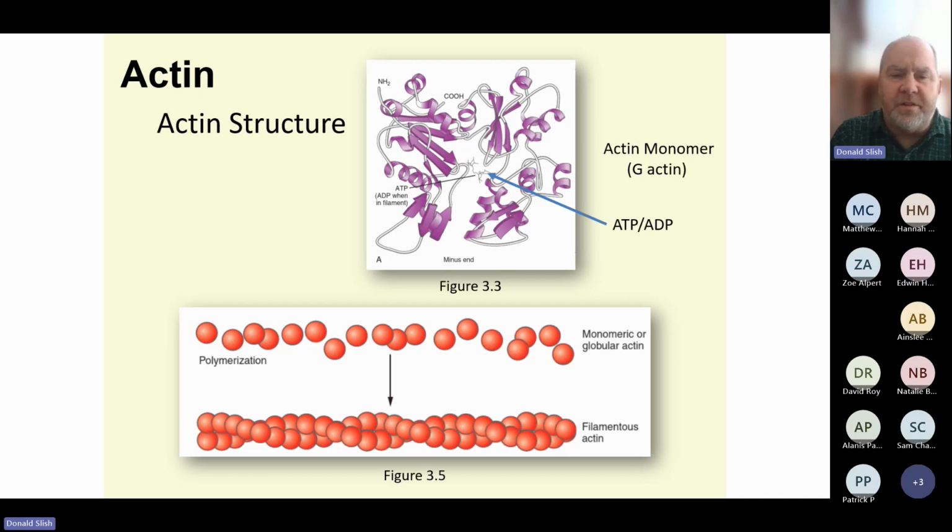Now, it doesn't look like it here. It's just globular circles, but there's a difference between one end and the other end of a microfilament. One end will be called the plus end or the barbed end, and the other end is called the minus end or the pointy end. Now, it doesn't have anything to do with plus and minus, doesn't have anything to do with charges. It's just like this end versus that end. And the reason they call them that is if you took a